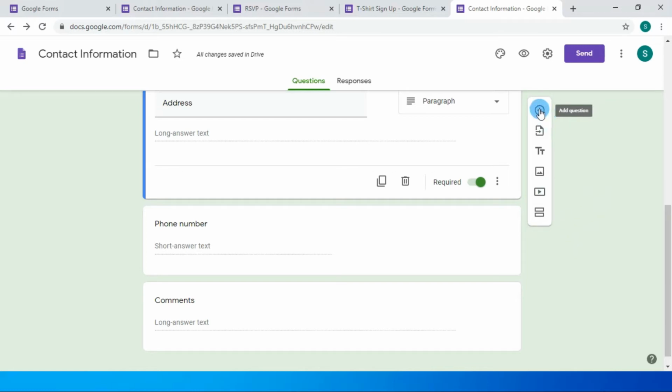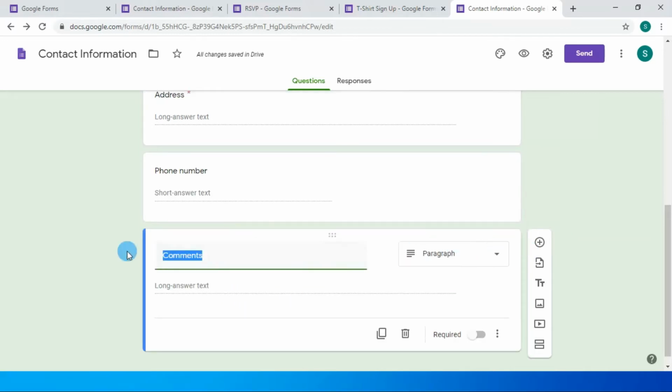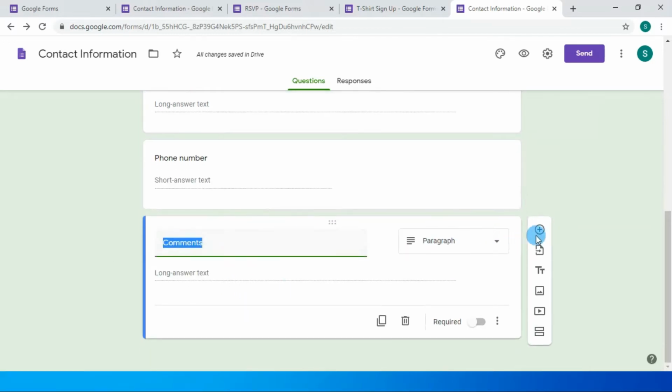So first we will click this icon, and make sure that we click the column after which we need to add our new question. Like if we want our question to be added after the comments column, then we will select this comment column and press the add question icon.